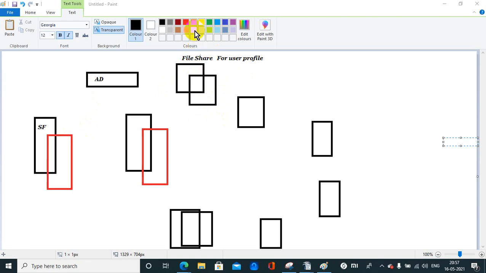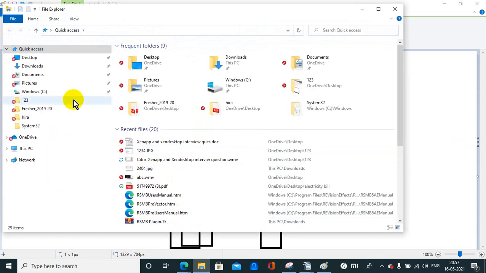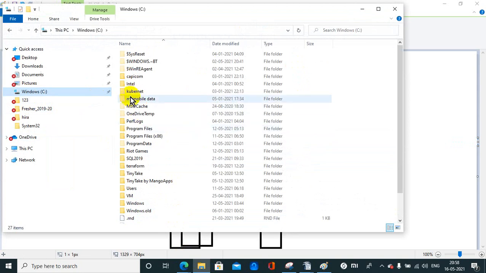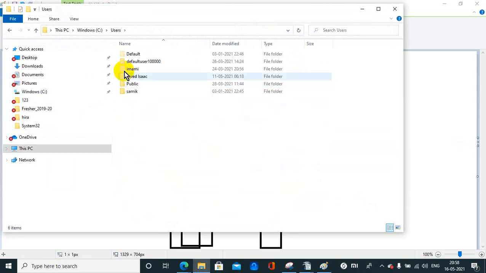Once you get the list of the user profiles, you need to search the impacted user, and you will get the profile like this. At the same time, you need to rename that. But remember, when renaming the profile, the user session should be off, meaning the user is not logged in on any other application.